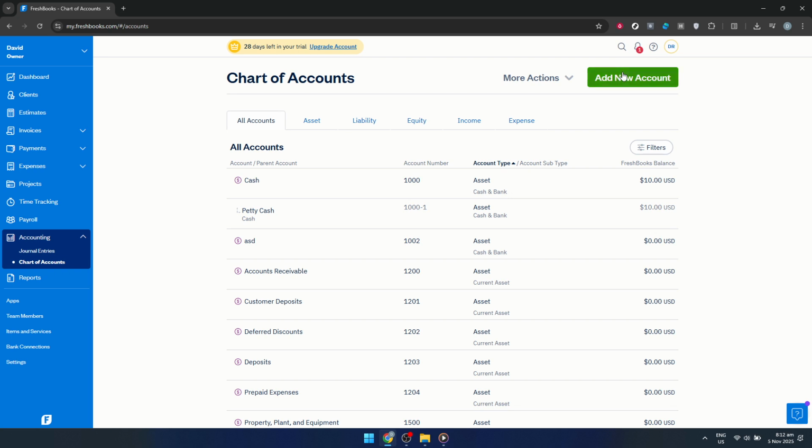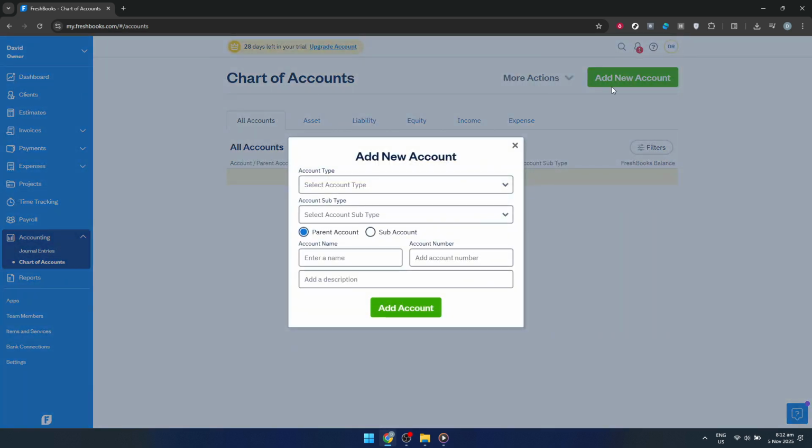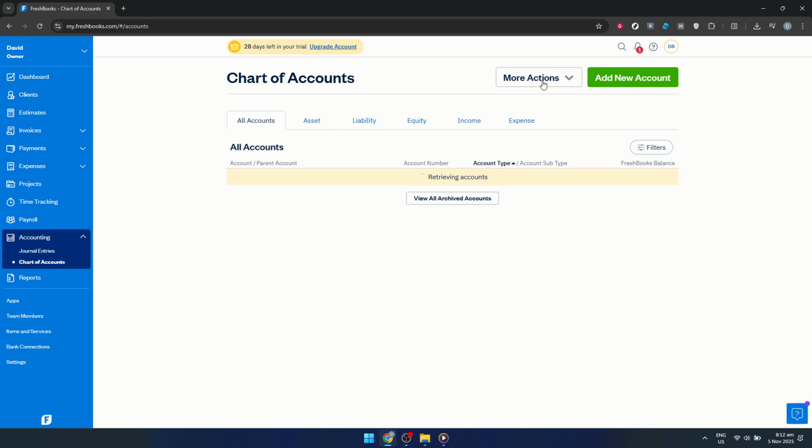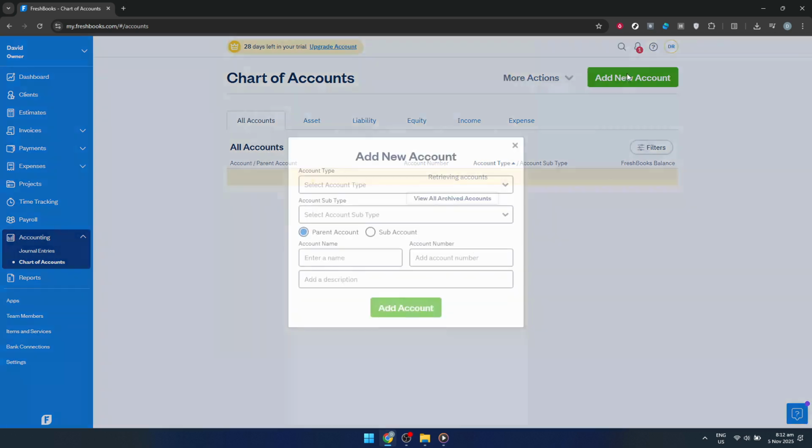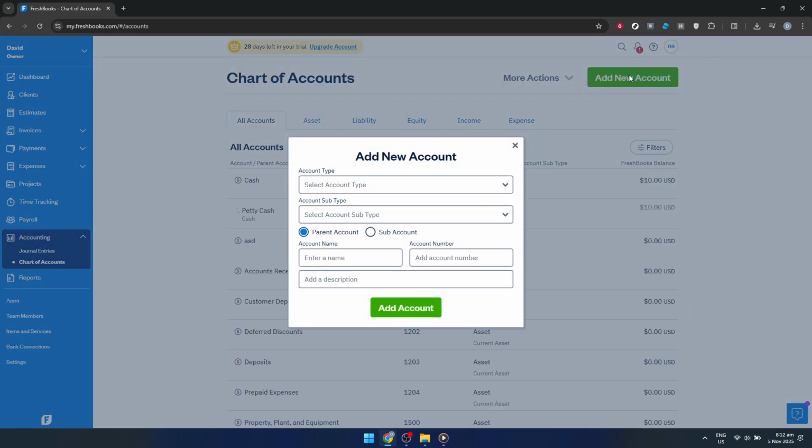Next, we'll tap into some additional functionality by clicking on More Actions. This button is a gateway to further drop-down options, and today our focus will be on selecting Add New Account. By doing this, you're preparing to create a new asset account in your Freshbooks lineup, which will help you track